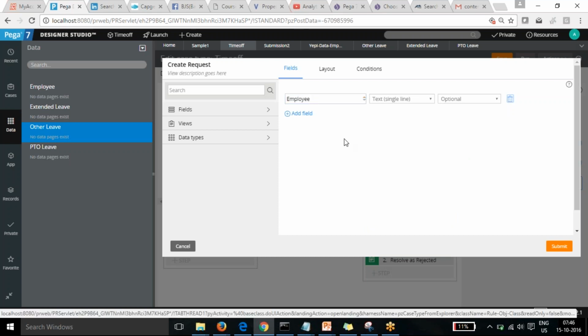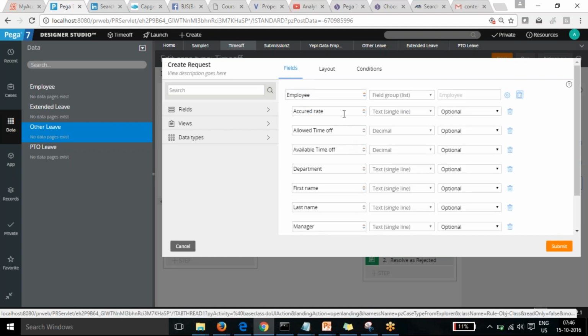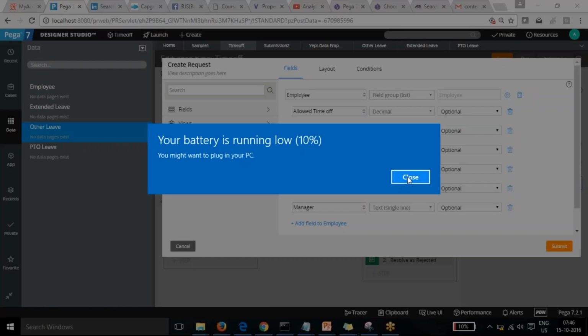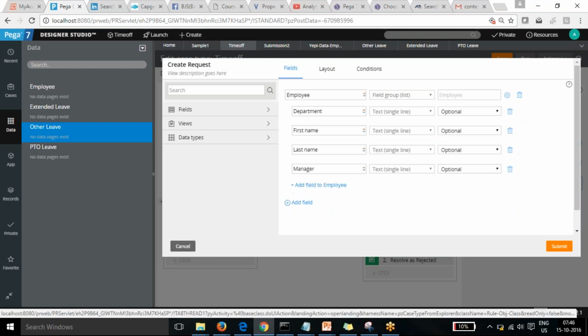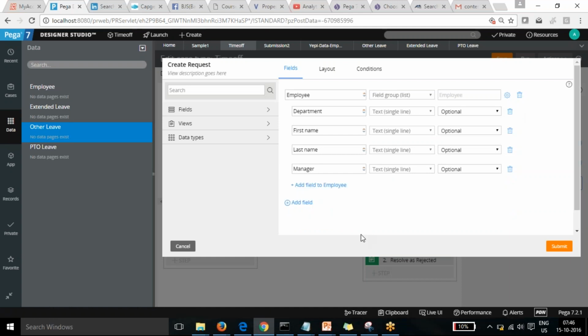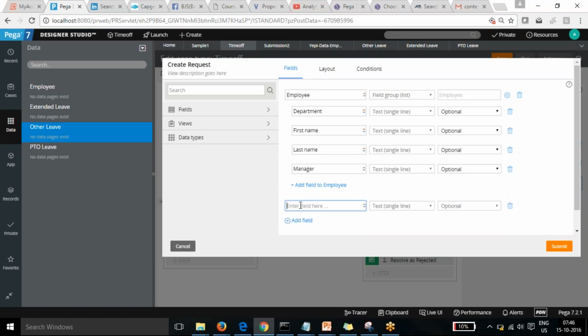If I write employee, it automatically changes to a field group, and all the fields which I added will be displayed here directly. Currently I don't need the allowed time off field in the create request. I'll use those three fields in a separate place. So I've added these three fields, and apart from that I want to go with the type of request.